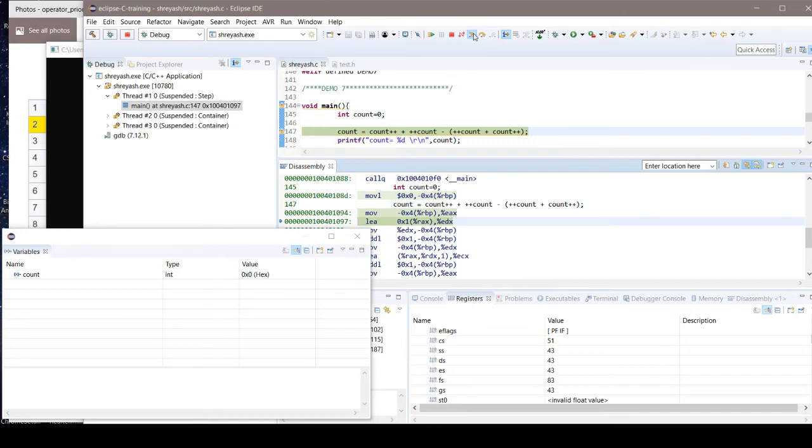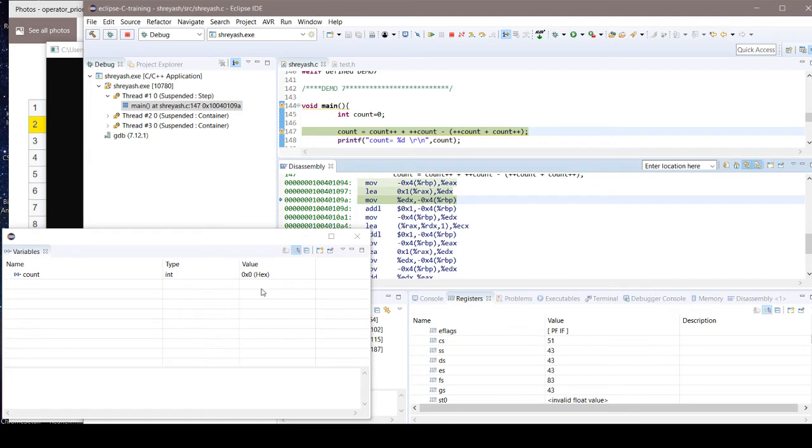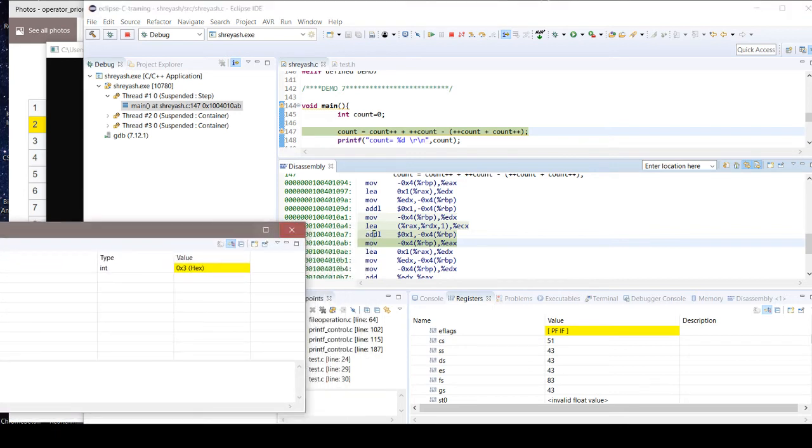Now you can see below the assembly level, step by step, and we can step over also. So count 1 is changed, count 2, here we can see count 3.